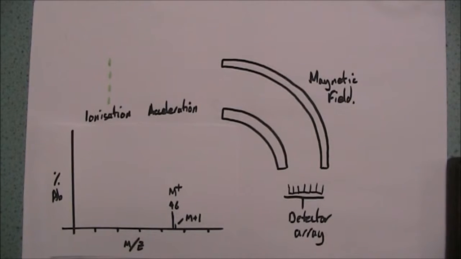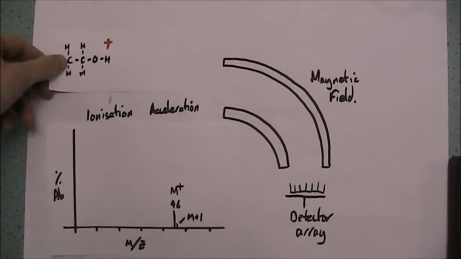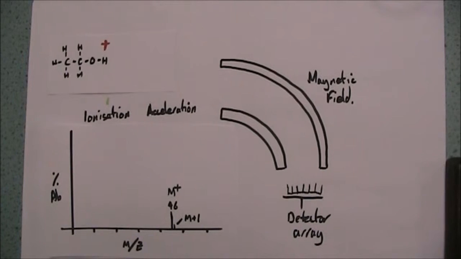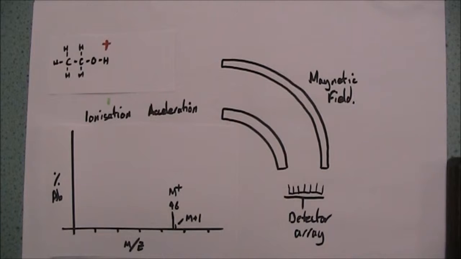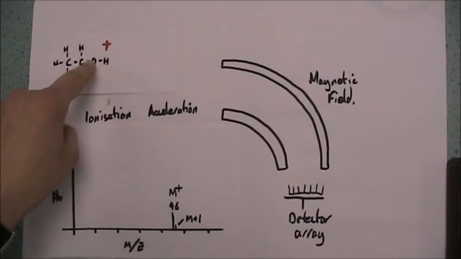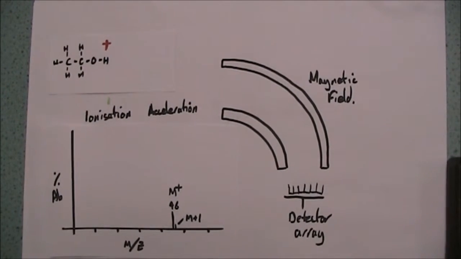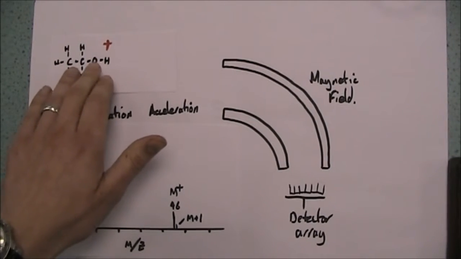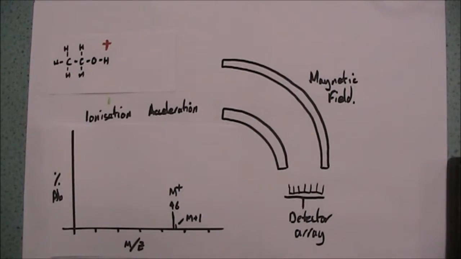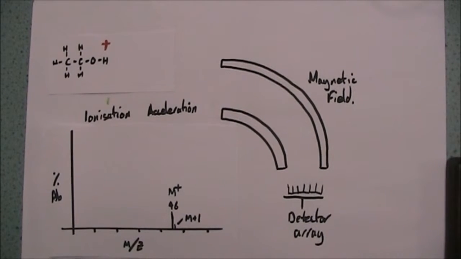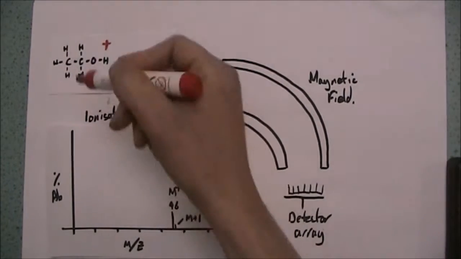It's not quite that simple though, because our ethanol can actually be broken into other bits. And this happens because the energy that we're using to ionize it is actually larger than the energy that holds these atoms together, the bond enthalpy, the bond dissociation enthalpy. And because we've got more energy than is required to split these atoms apart, we can end up with all sorts of interesting fragments. So for example, if I was to break this bond here,